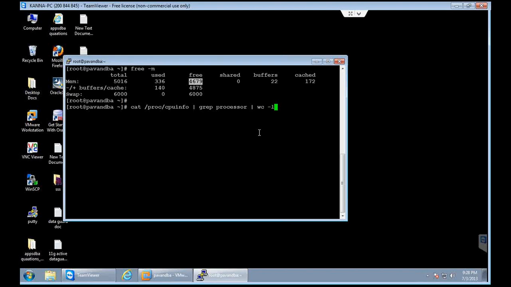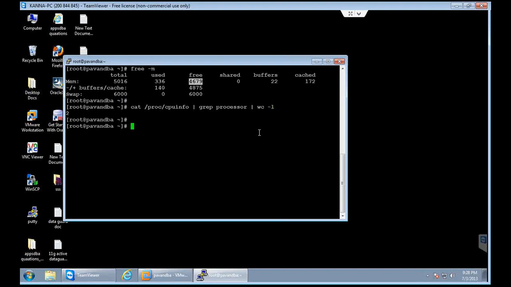So we need to say cat /proc/cpuinfo. Then we use the pipe symbol, and then we say grep processor, then again a pipe symbol, then we say wc -l. So what is this wc -l? What is meant by this pipe symbol? What is grep or the cat command? We will be learning all this shortly.